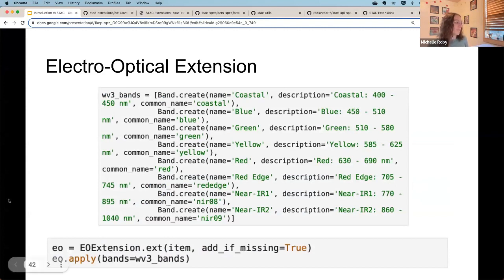So here is an example of the EO extension using the bands component. This would be if someone was creating a STAC catalog, the data provider has all this information and they want to catalog this data. Or if you want to catalog data that's already out there, but it doesn't have a STAC catalog yet, and you want it to have one, you could do this as well. So all of this information is gathered. This is an example in Python. All of this data is gathered and put into this information.